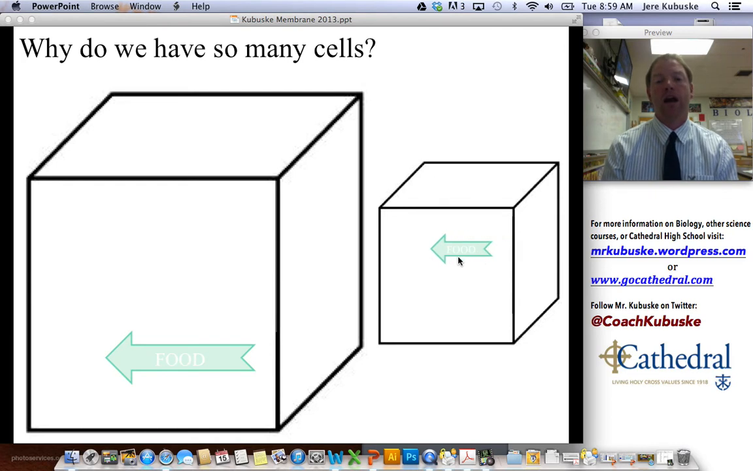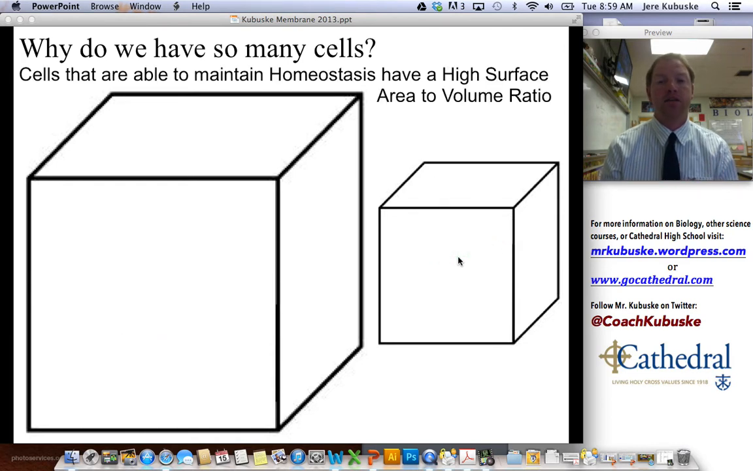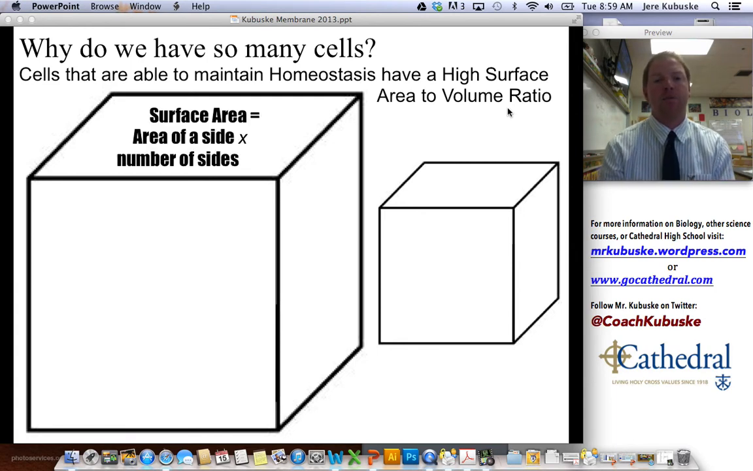So our smaller guy is actually going to be better fit to his environment, and he's actually going to be the one that survives. The reason that he survives is because he can maintain his homeostasis because he has a high surface area to volume ratio. Now, in case you haven't had geometry yet, or had it last year, a quick review: